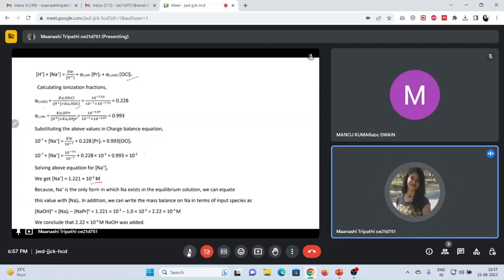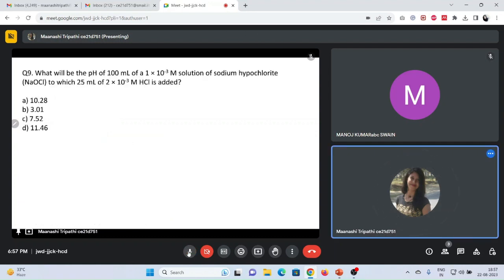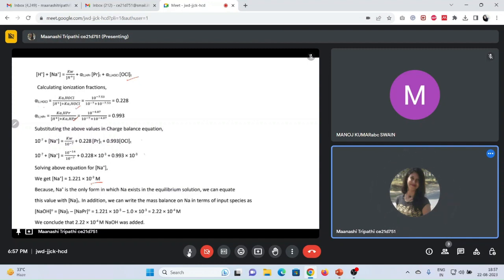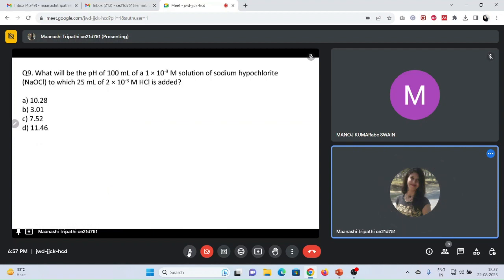Okay, we'll see the next slide now. Here we concluded that 2.22 × 10^-4 molar NaOH will be added. Please go through these questions once again properly, and in case of any doubt you can ask me in the next session. The next question is, what is the pH of